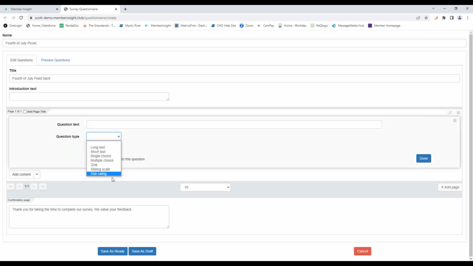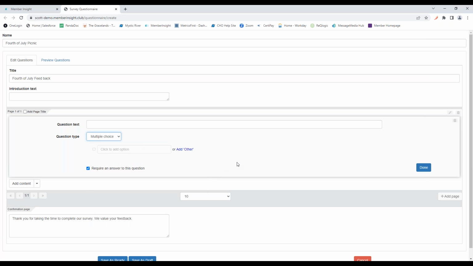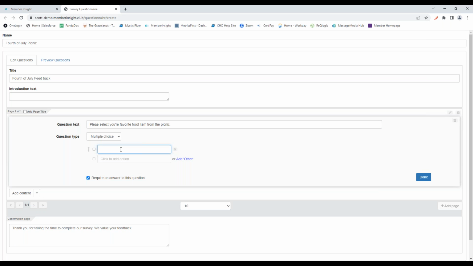Different question types, we have multiple question types in here that you can choose from and build out. So if we wanted to do something along those lines, a multiple choice, we could name our question, and then from here is where we can start to add our options.